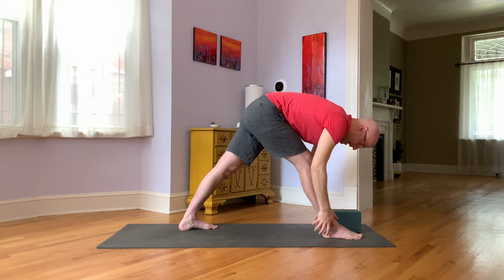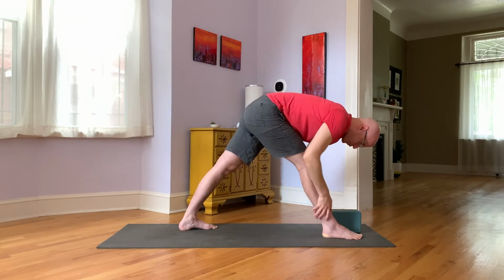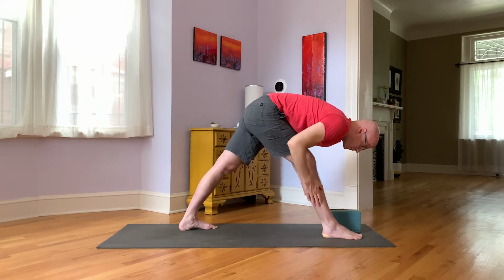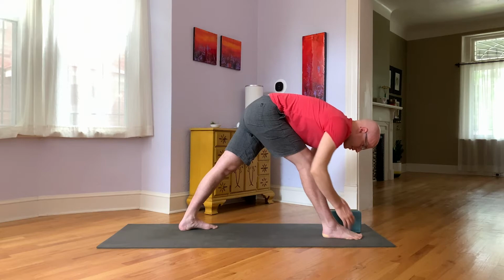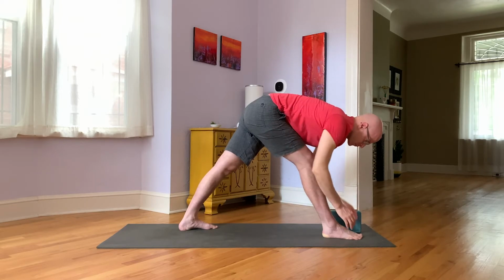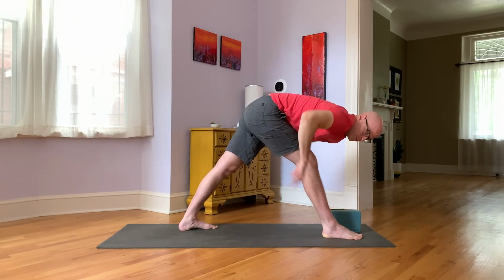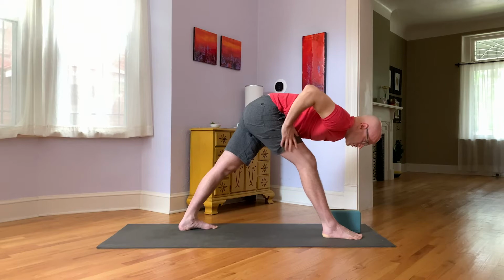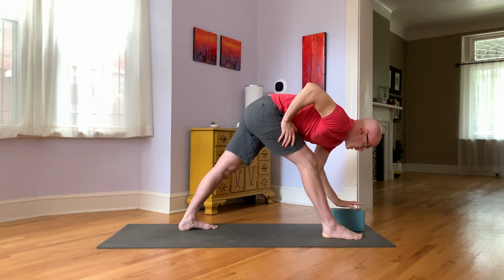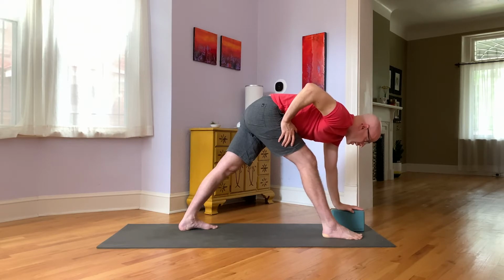you can let go of the block and make some brush strokes up your front leg. And you might even be able to get the inner and outer ankle, maybe even the top of your foot. Okay, so a few more here. Okay, great. And after a few brushes there, replace your left hand back onto the block,